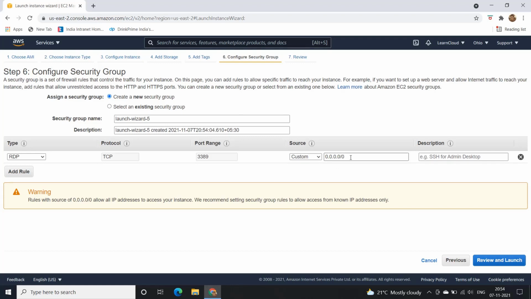So what companies generally do is they give the CIDR range of the VPC or the subnets from where they want to accept the traffic. So in a development environment or production environment, that is what they prefer. But as of now, as we are just testing, I will be giving it from anywhere. So yeah, I'll be going ahead and launching this particular instance. Keep this in mind that this is not a good idea, but as we are testing, I'll keep it from anywhere.